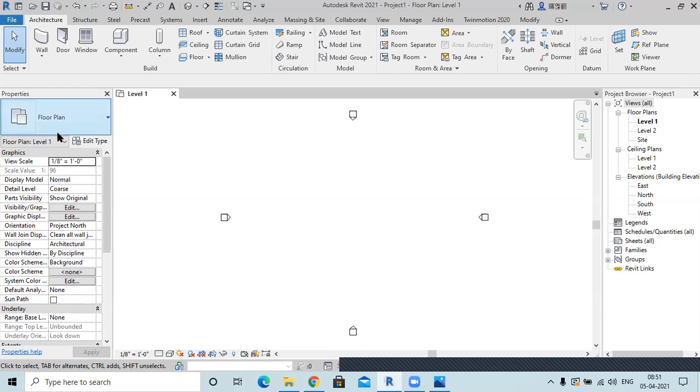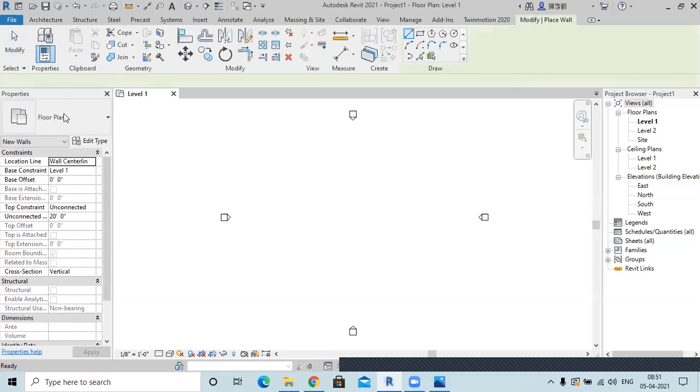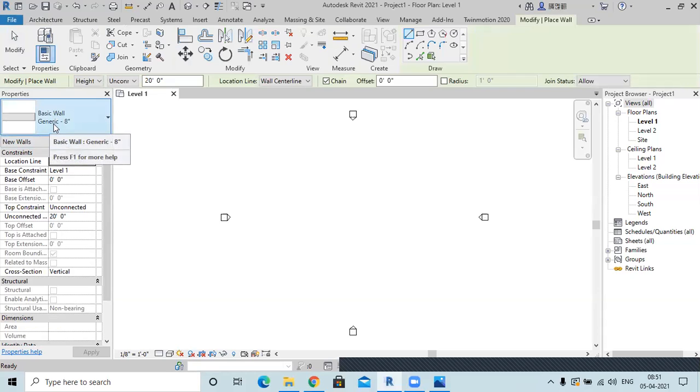Right now on the left side we have this properties tab, which you can see here. It will show you the properties of each and every element you have selected. For example, if I have selected a wall, on the left side the properties have changed. This is the default wall which I get. Okay, this is an 8-inch thick wall, and its location line is on the center line.